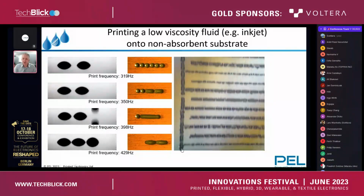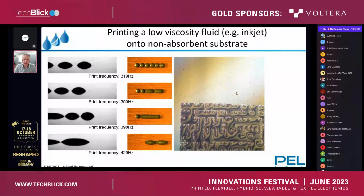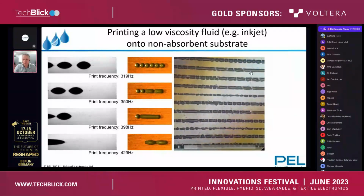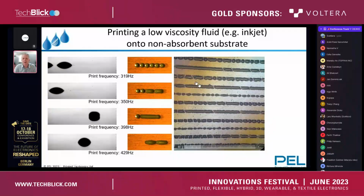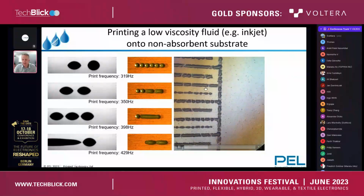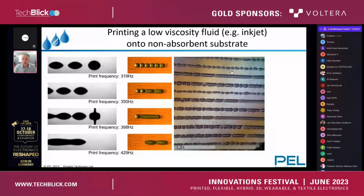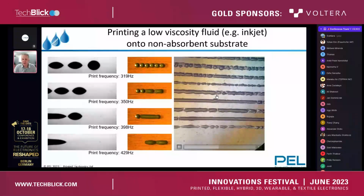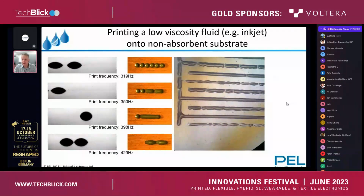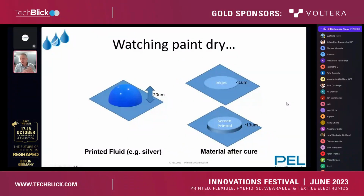But in printable electronics, we don't have that luxury so often. We've been involved in inkjet printing since 2006, since we started, and this is some results shown, just as an example, showing what can happen if you're printing onto a non-absorbent substrate, as many of us are, and you don't have the process optimized. So these are all the various considerations that you need to have in terms of printable electronics. And of course, what I've shown in those two